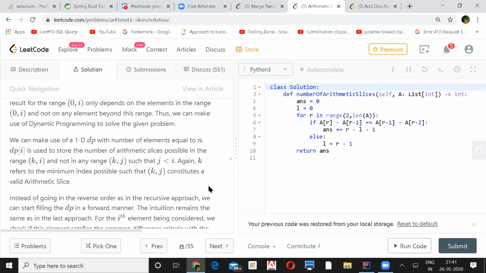He's talking about the information there, k comma j. If you have a sequence between k and i, and within that you get a sequence k to j, that part is repetitive, because it is storing only those slices which are ending at i. Is it that way? Seems like that only.